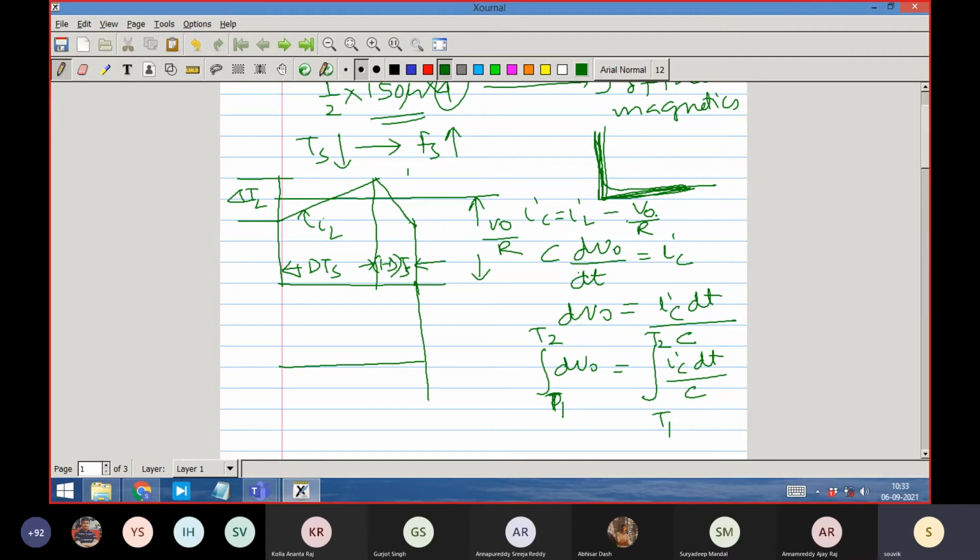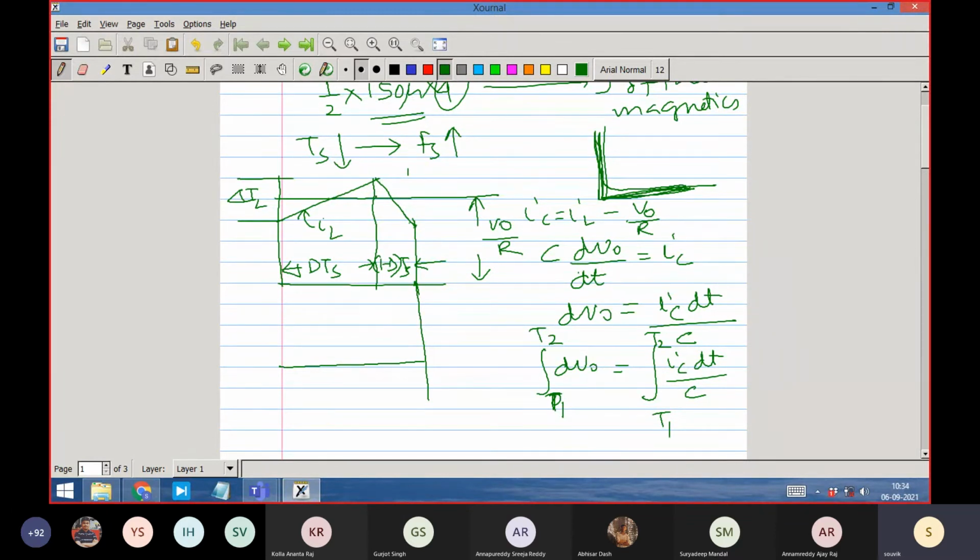I'm saying that part of the current is constant, because we have to make sure that V naught has very little ripple. So assuming that is true, we are writing this equation as such; otherwise you should write it as small v naught by R. That also will not change anything. So what about the current profile of the capacitor current? You have to subtract it, IL minus this V naught by R.